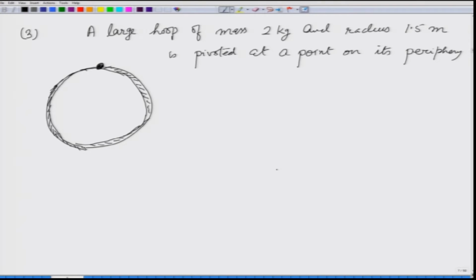So, the entire mass is on the circumference, and the hoop is performing simple harmonic motion with amplitude